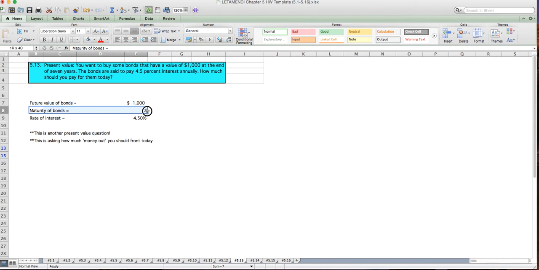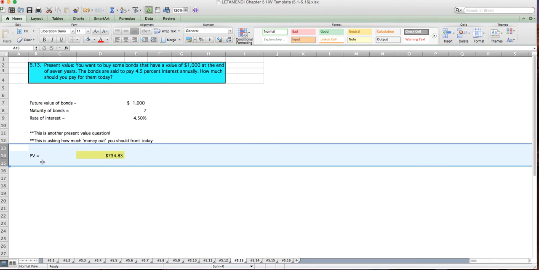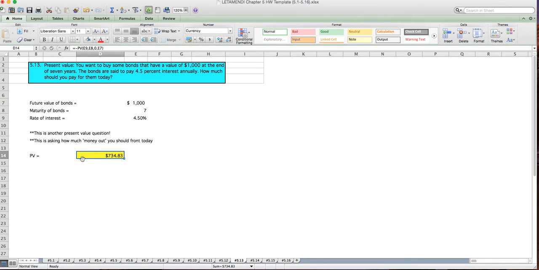Maturity of the bonds, which is basically just periods, the number of periods. The rate of interest is 4.5%. This is another present value question. It's just asking you how much money out you should front today, right? So let's unhide. So the present value is